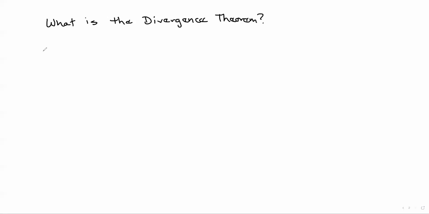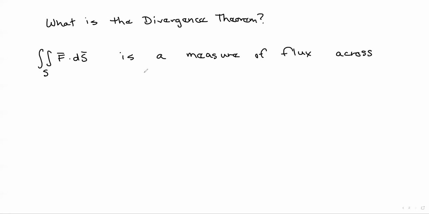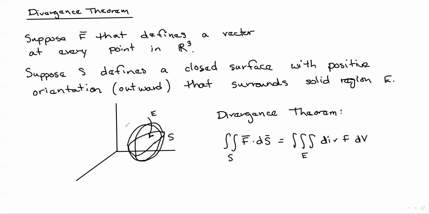On the left-hand side, we have this F dot dS across the surface S. So this gives us a measure of flux, and by flux, we mean a flow across the surface. The idea here is that the dS, if we put some normal vectors on here,